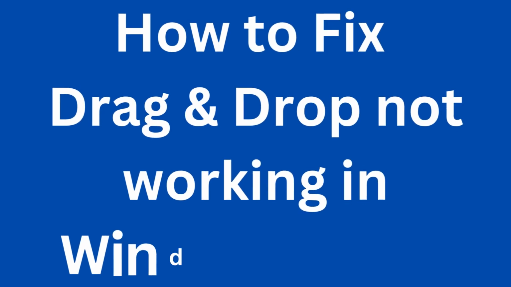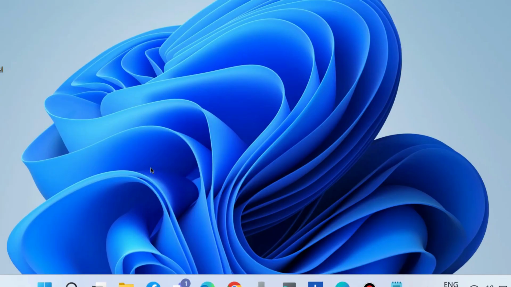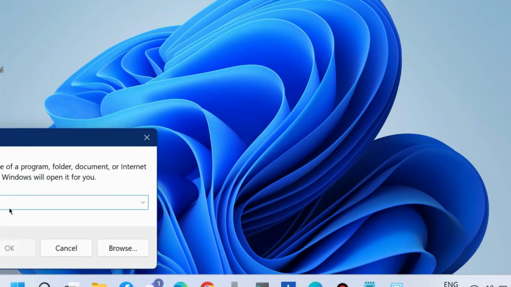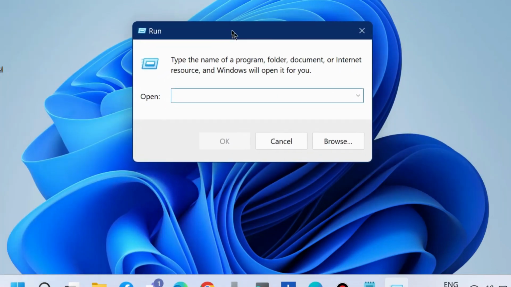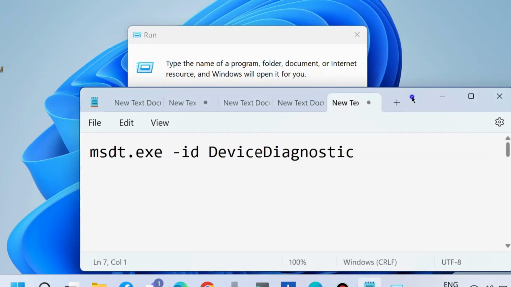Fix if drag and drop is not working in Windows 11 and Windows 10. If you are facing such an issue, then to fix it, the first workaround is to press the Win plus R shortcut key to launch the Run command box, and in the Run command window execute the command